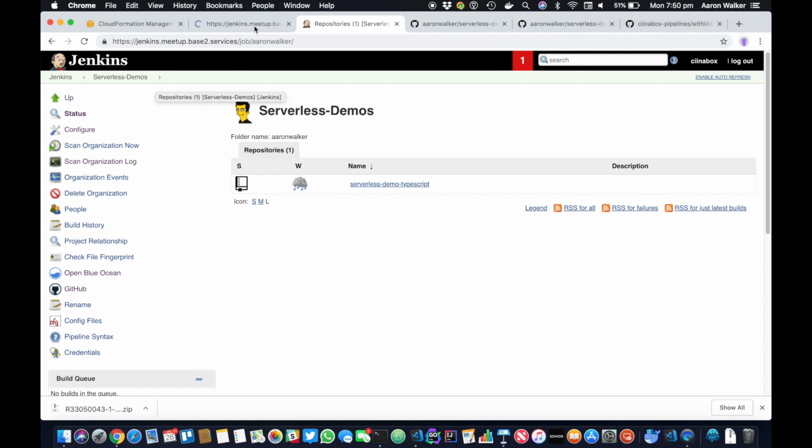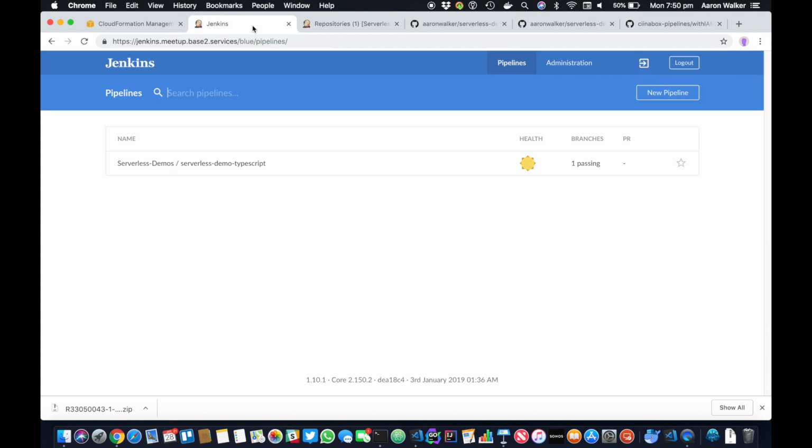Here's a Jenkins instance that I've set up earlier. I've already configured it with the shared library running, and it's already detected and set up a GitHub org project. The repos in here are in my public GitHub, so that you can look at them afterwards. So basically, I've got a pipeline,